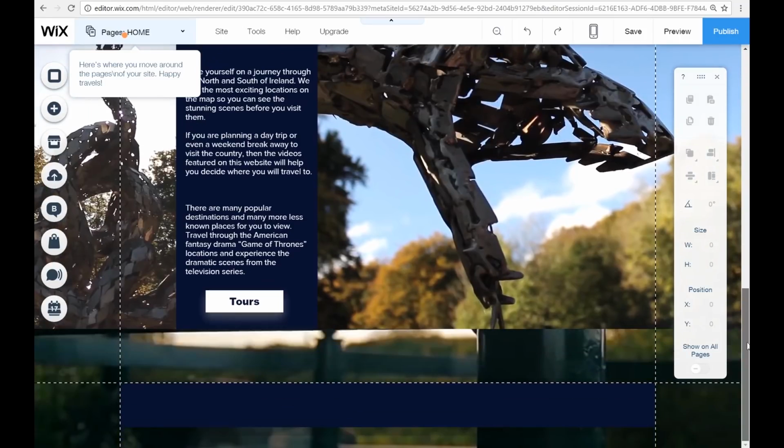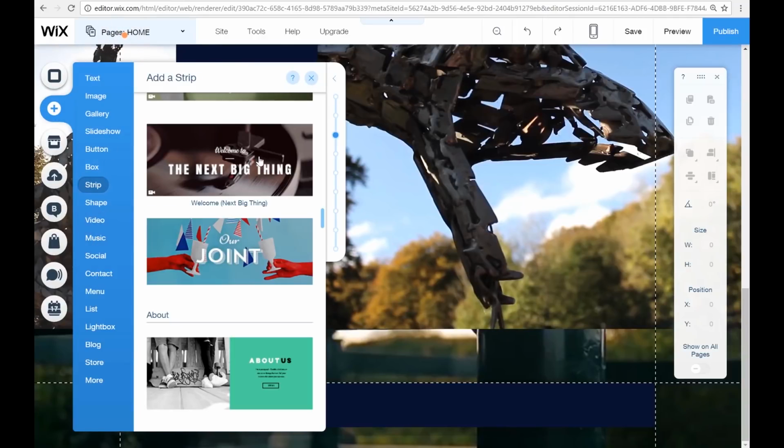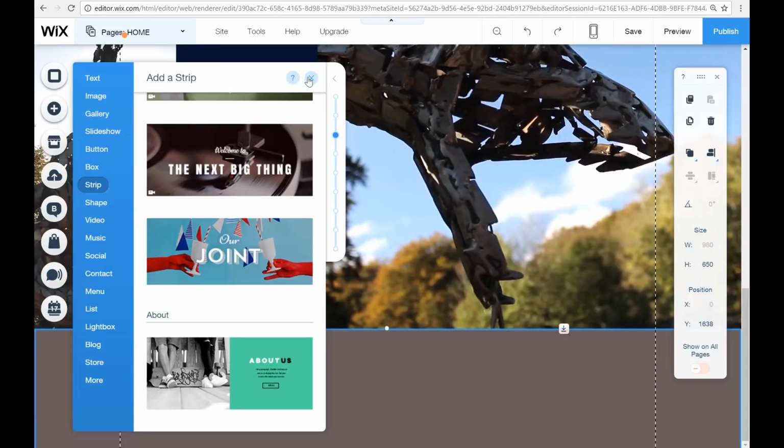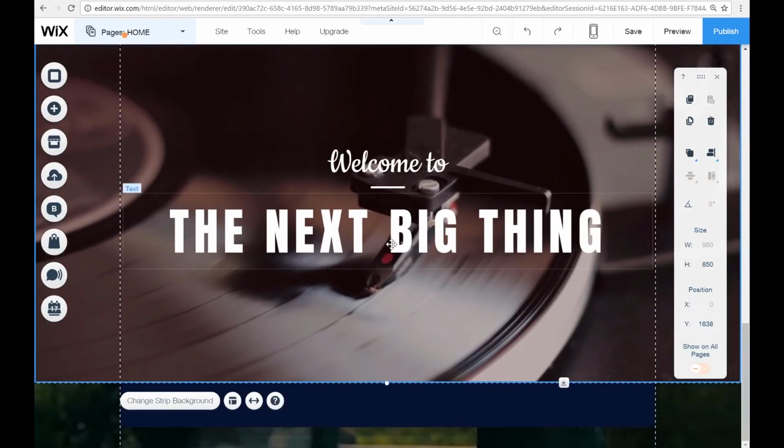Going down the page, I'm going to add another section. This time I will use a welcome strip, and I'm using this to create a dramatic title.